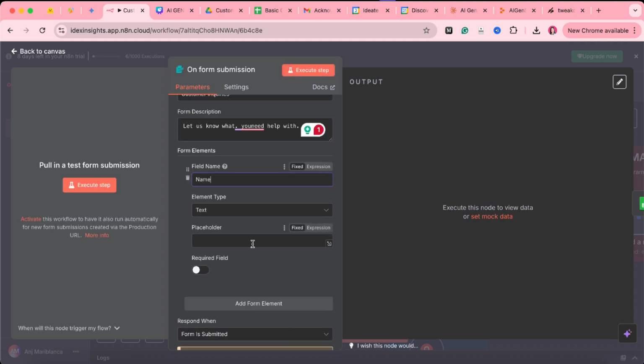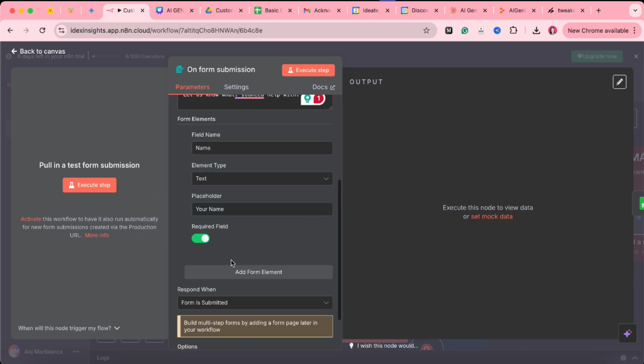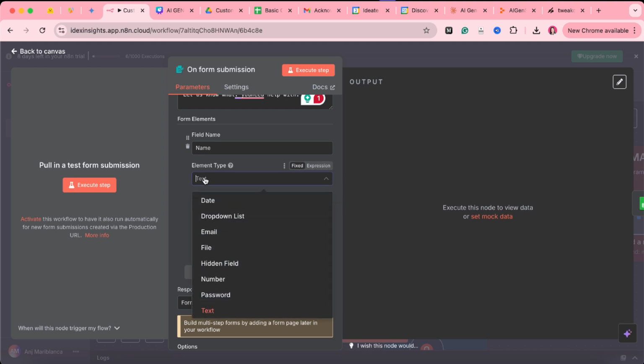For example, first name, placeholder would be your name. It's set to this is a required field. Element type is text, but with n8n form, you can upload a file either in PDF format or PNG, JPEG. But I've figured that it's easier to use PDF format so that the PDF readers, if you're going to be adding these PDF readers into your workflow, can read the data on the PDF file